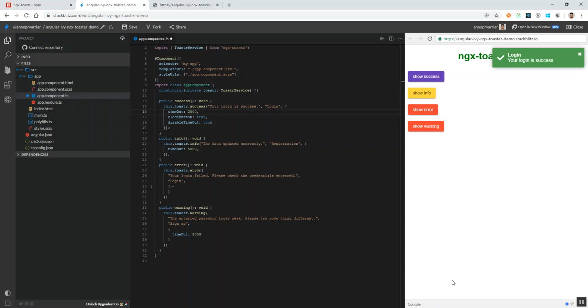Now it has gone past 2 seconds, the timeout which we gave. Even then, the login message is not getting closed. So it will get closed only on tapping or clicking on the close button, so that the default closing of the message is now disabled because we have set this disable timeout to true.